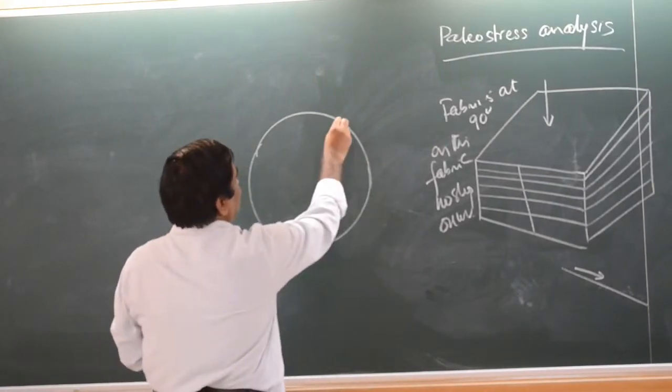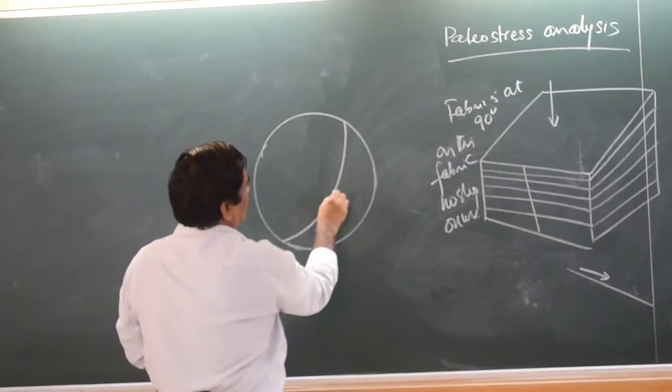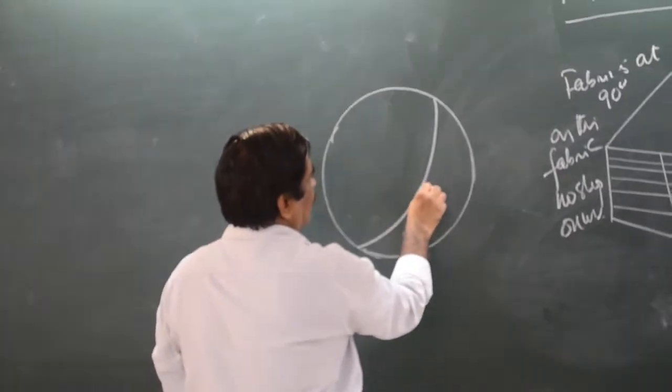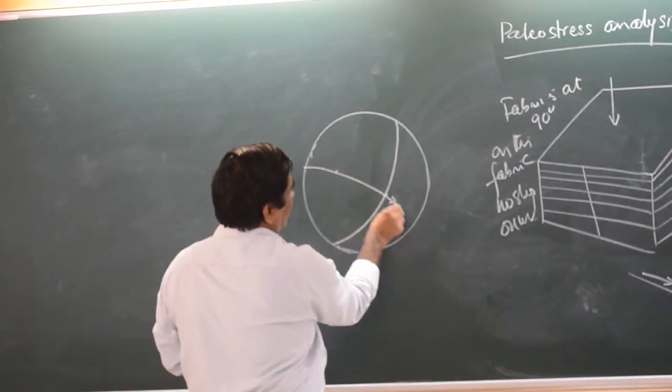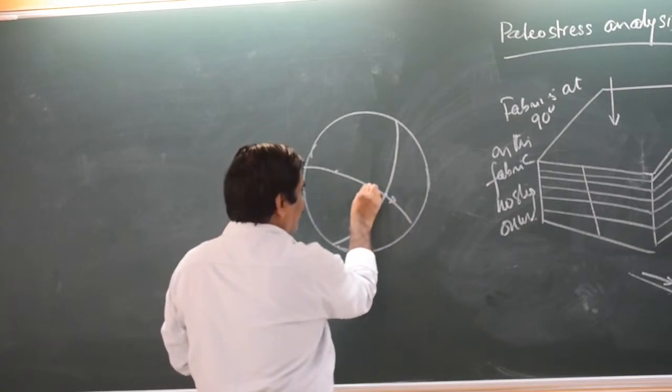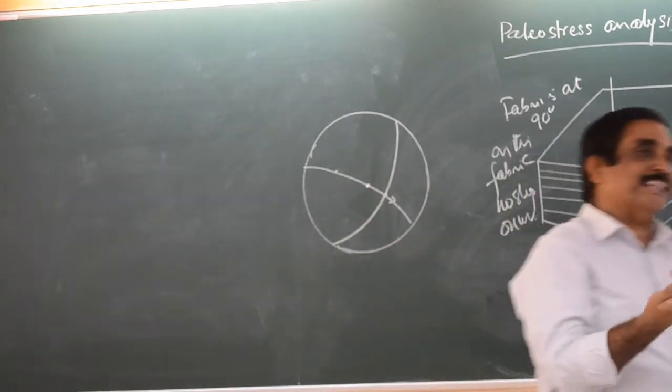Now the fault plane is 45 degree dip, so here is the stretching lineation, the slipping side is here, the pole is here, so this is the movement plane. If you take 30 degree from here, this will be wrong. How much will you take, how will you find out?